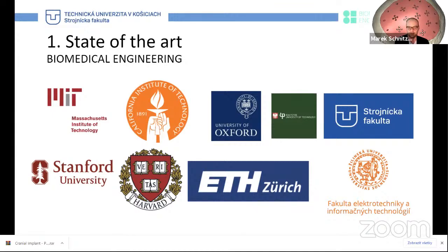all over the world. So at MIT, at Stanford University, and Stanford, I would like to maybe highlight a little bit, because Stanford was the first university in the States that started with startups and with the commercial side connected with the university. So that's what we are starting here in Slovakia. We are trying to connect the university with the application. That's why we are trying to